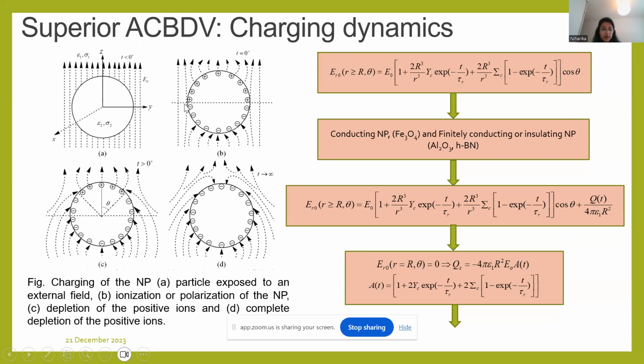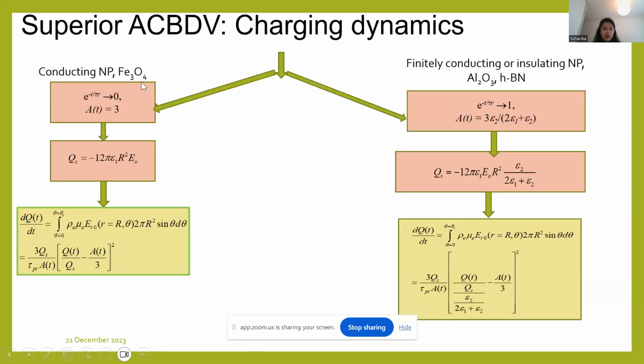When an electric field is applied, there are negative and positive charges because the nanoparticle is polarized. With due course of time, the positive charges are neutralized as electrons get deposited on the surface of the nanoparticle, and after the electrons get deposited, the surface becomes fully negative. This process is known as electron scavenging, by which the nanoparticles capture electrons on their surface, and this slows down the process of breakdown, and thus the breakdown strength increases. Here we can also see the two processes using a conducting nanoparticle.